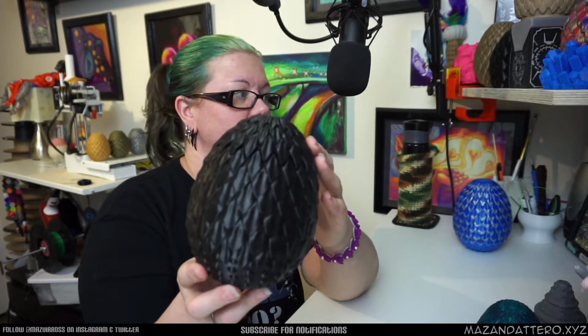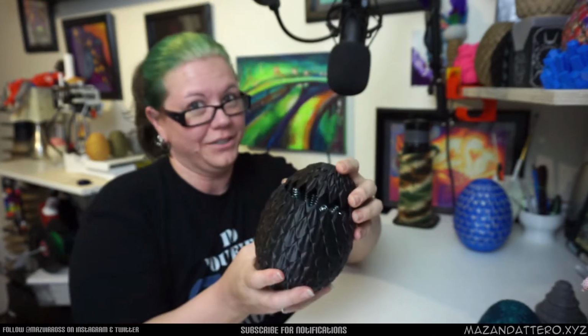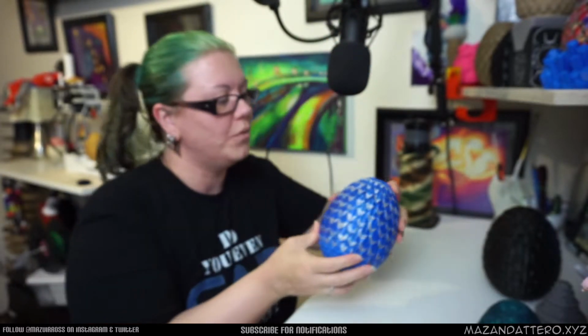Hi, I'm Maz. In this project, we're going to make a custom shaped container using Fusion 360. So first, why would you want to make a container? Well, because you can make containers look really cool, and you can put springs in them, because that's really cool, right? Or you can take your same model, and you can paint it, and then put markers in it,